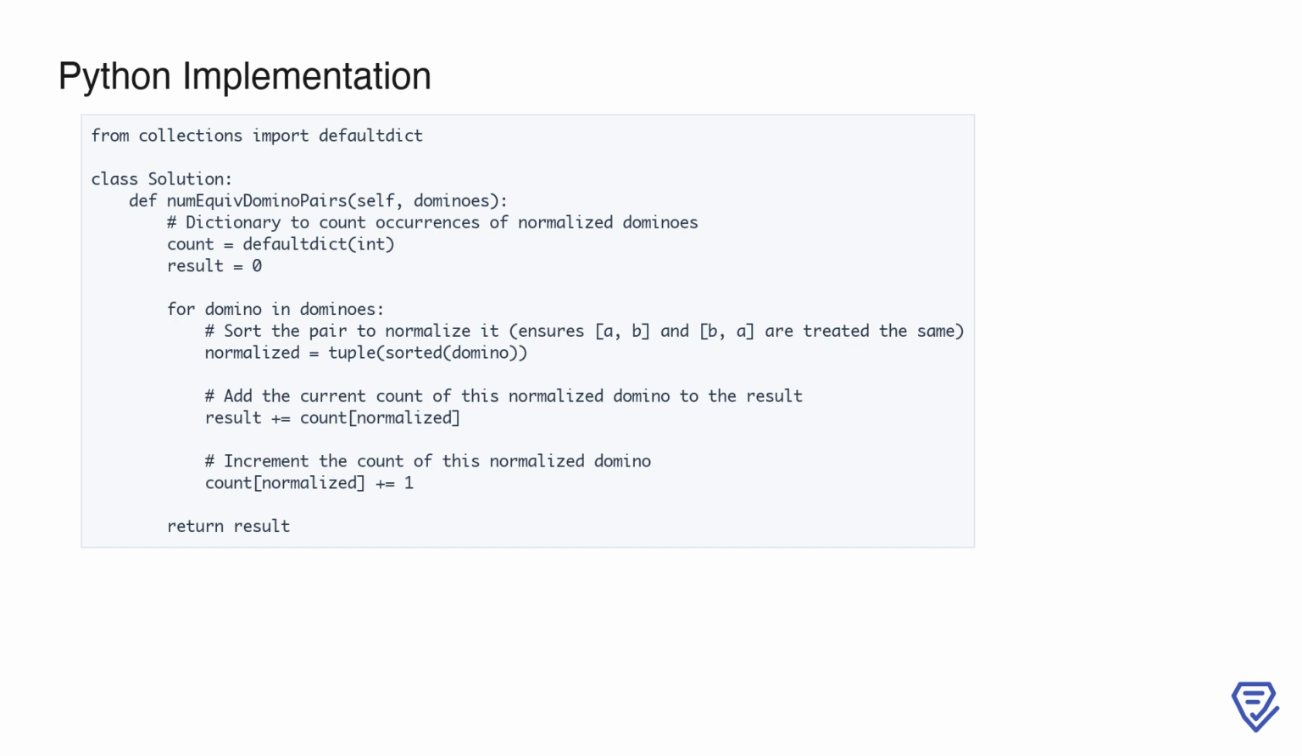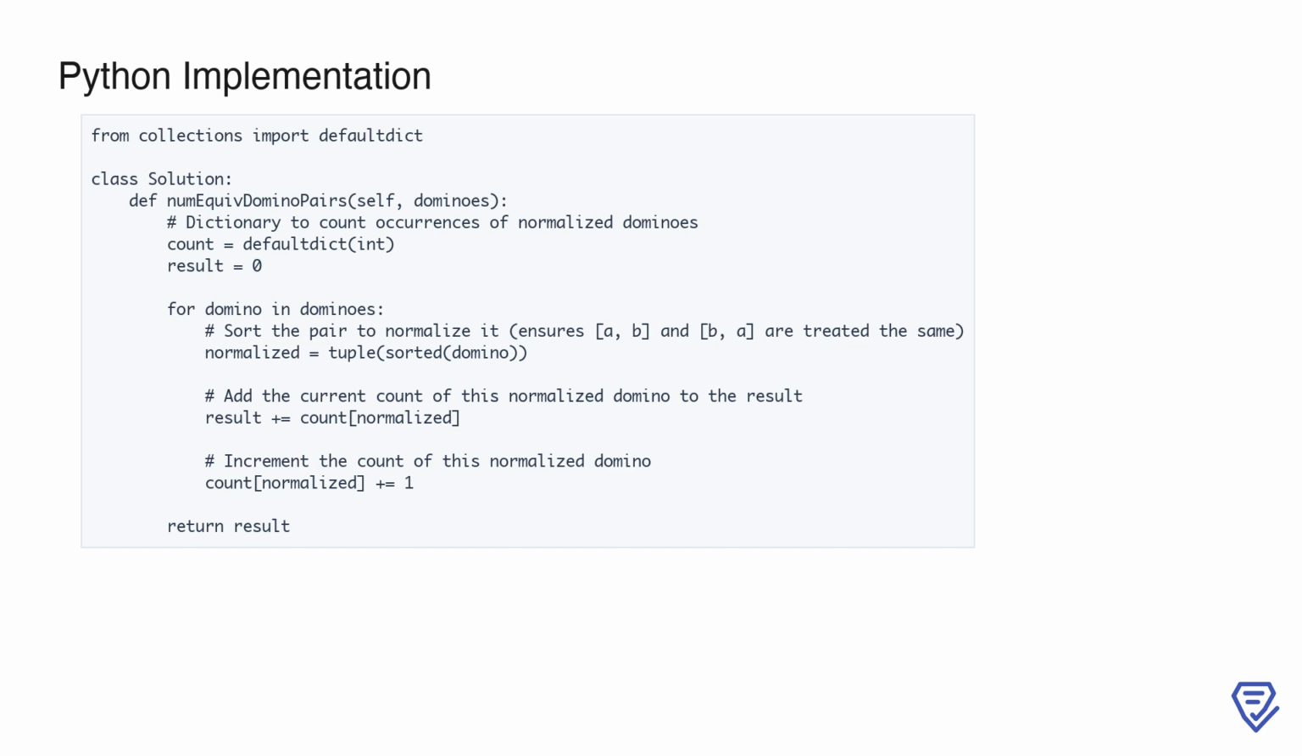4. Update result. If the normalized domino already exists in the dictionary, its count indicates how many equivalent pairs have been encountered so far. We add that count to the result. 5. Increment count. Regardless of whether the domino was already seen, we increment its count in the dictionary. 6. Return result. After processing all dominoes, result contains the total number of equivalent pairs and is returned as the